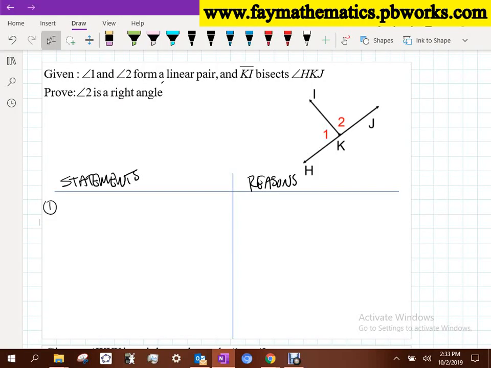Okay, so we're going to write down statement number one: angle 1 and angle 2 form a linear pair, okay? And the fact that KI bisects angle HKJ. When you're given information as multiple facts, we have fact 1 and fact 2 here, I think it makes sense to stagger them in their own lines here. So what I mean by that is